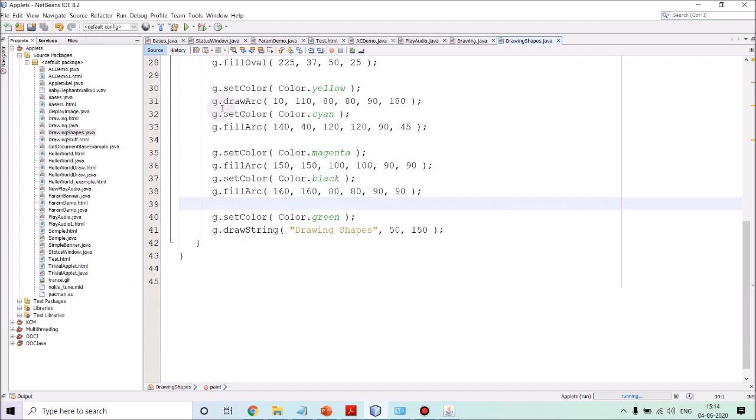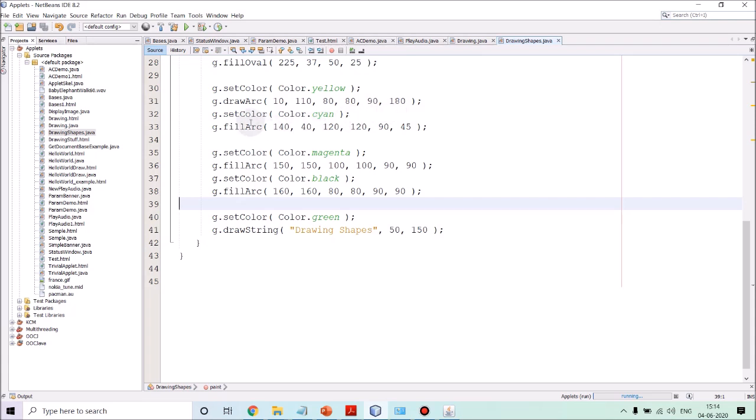After that we want to draw the arc. So we are specifying the color yellow. We are specifying the top left corner of the enclosing rectangle in which we want to draw the arc. Then width and height of the rectangle. Then the starting angle we are specifying as the 90 degree, like top of the rectangle from there. Then we want to draw the arc for 180 degree.